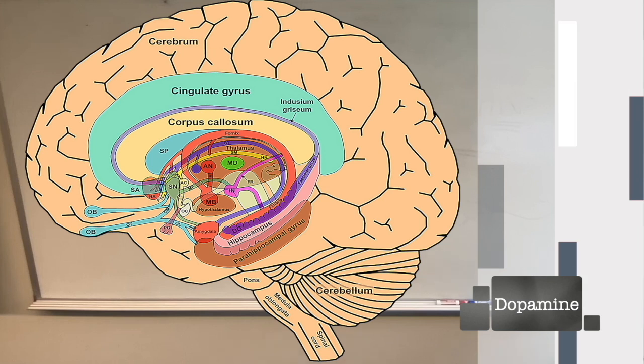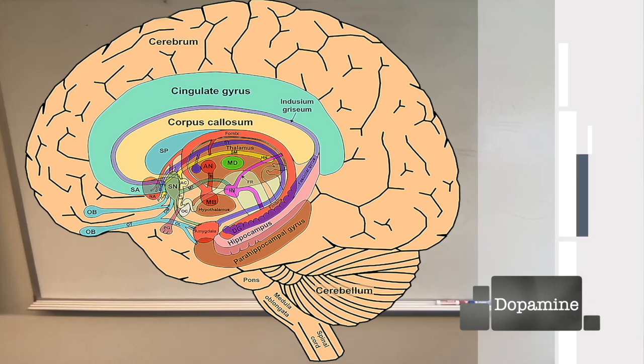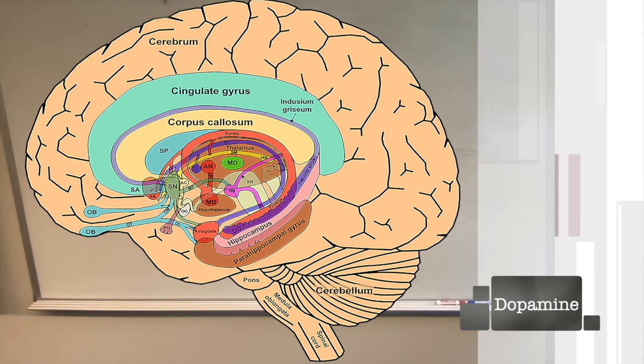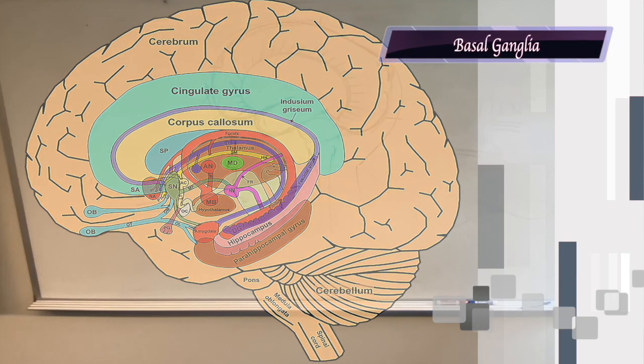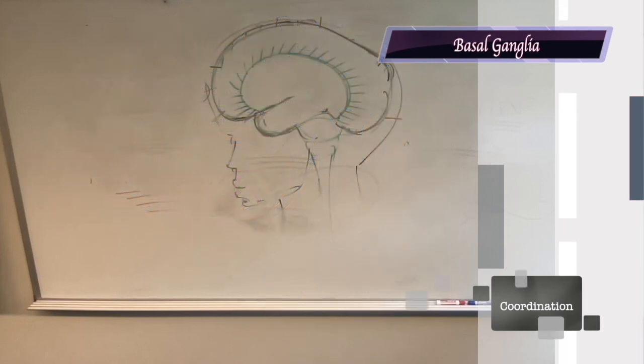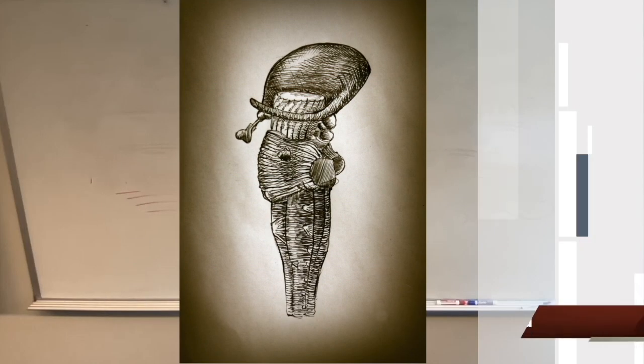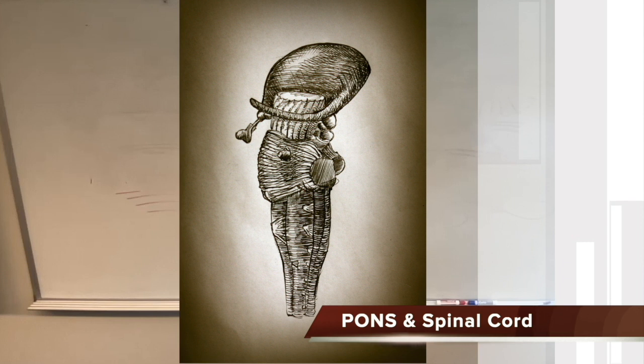It's very rich in the dopamine neurons. And it's also an area affected by Parkinson's disease. So it's also part of the basal ganglia, which of course has to do with coordination, movement, etc. Now the pons is the origin for 4 of the 12 cranial nerves.